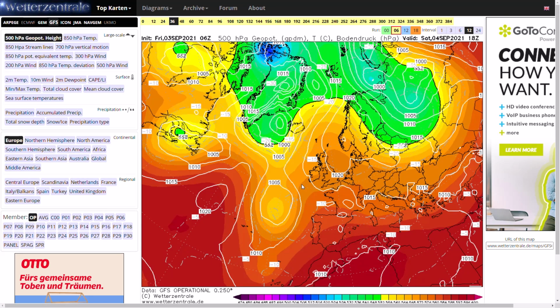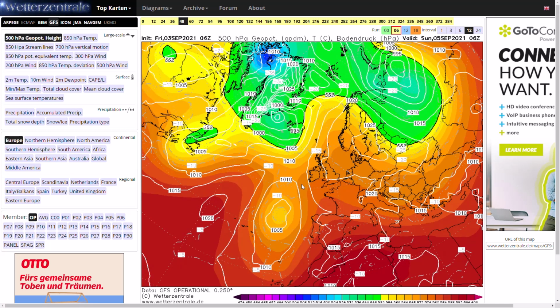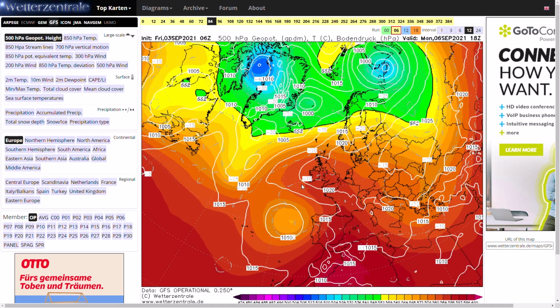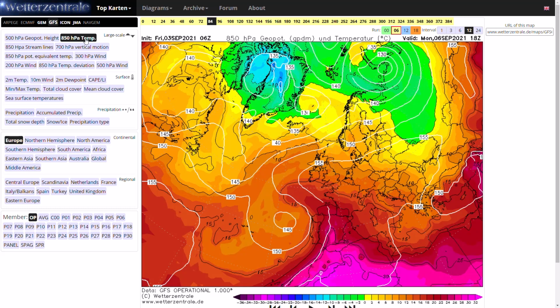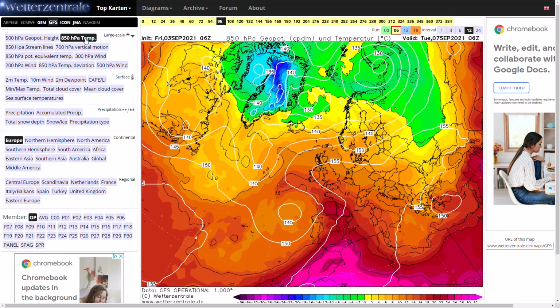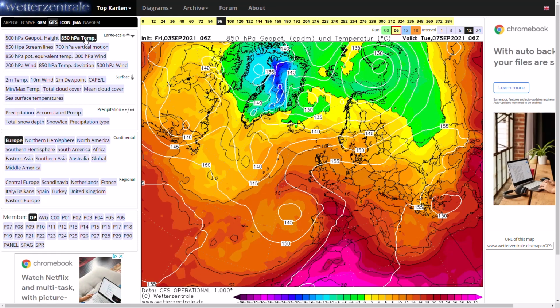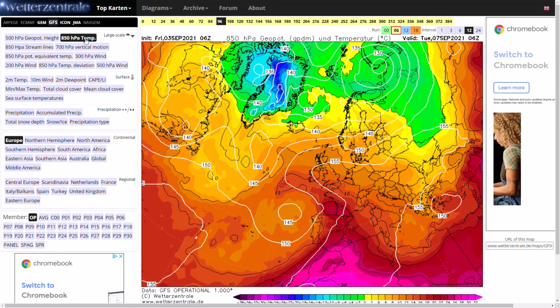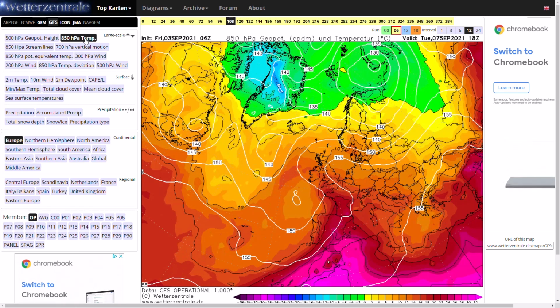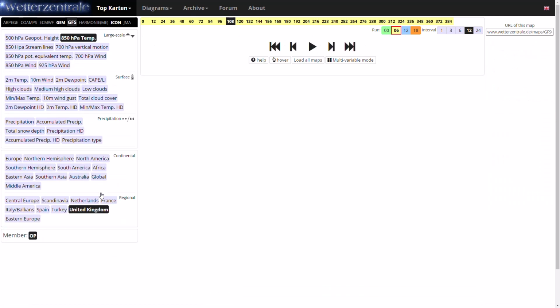And this low pressure, because the block is pushing it away, dives southwards. But as it does that, it draws up air all the way from Spain. So as we head to Monday, you can see there's really quite hot air coming out of Spain and North Africa, about 15 degrees at 850 hPa we're seeing here. Pretty much the hottest you can see for our latitude, pretty much anywhere really in the northern hemisphere at the moment. By Monday, you can see the really quite hot air reaching the southern parts of the United Kingdom,